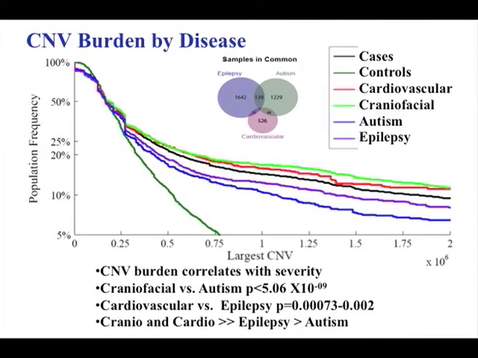It's different for different types of diseases, or at least different referrals. I shouldn't say diseases, because this is not detailed phenotype information. This is fairly loose. But it's interesting to see that things, for example, like craniofacial defects, which are some referrals, usually most of these are associated with developmental delay. Cardiovascular defects come up as the highest in terms of CNV burden. Well, diseases such as autism and epilepsy, while significant compared to the green line here, no question, are not as burdened by CNVs, although all of them are showing an increase. This leads to kind of the general feeling that CNVs will be associated with more severe outcomes than diseases that are less severe.